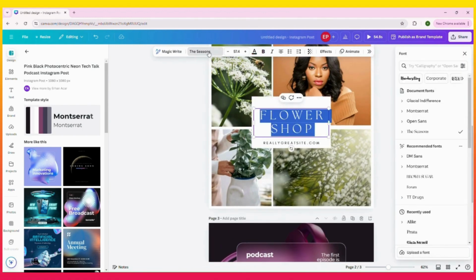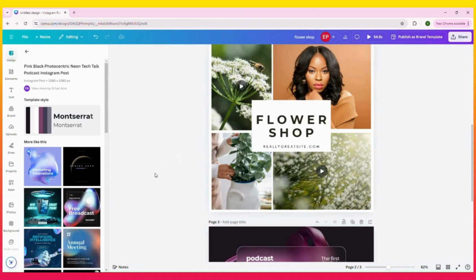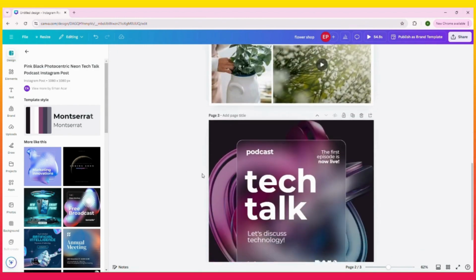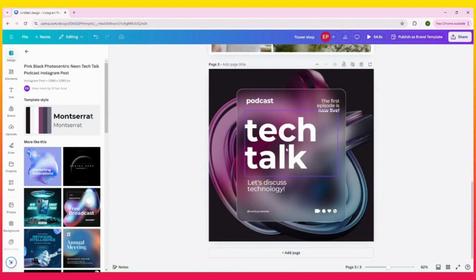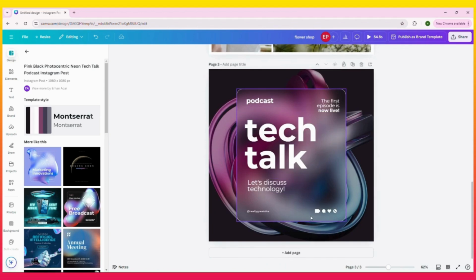Right? So it is Montserrat, and it was bold, and there we go. So now I've pulled some stuff on here and I'm going to add it to here. The other cool thing is, say for instance that you want to add some of the elements that are on here. You can do that as well. So I'm going to take these elements